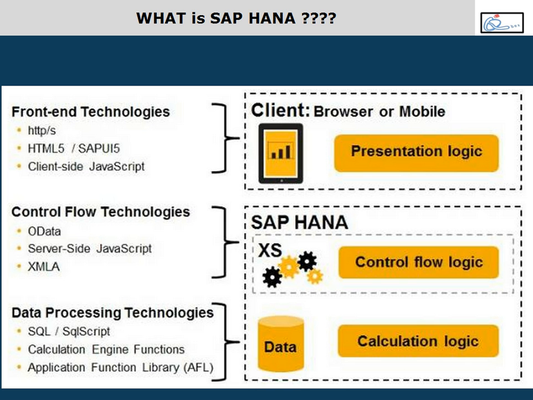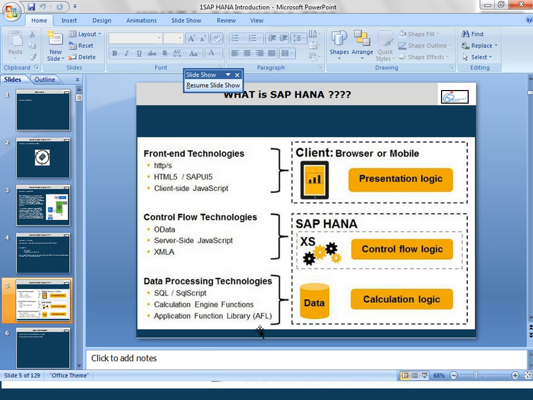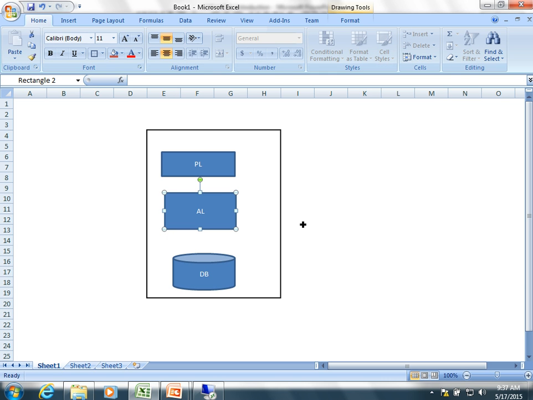Now, what is this XS Engine? Look at this. With the new framework for application development, instead of moving the data from the database to the code, we are trying to push code to the database. Instead of developing an application which reads data from your database into the application, we are trying to push code itself to the database. You getting what I'm saying? With this, we are eliminating the movement of data in and out of the database, improving the performance of your applications. That's the target here.